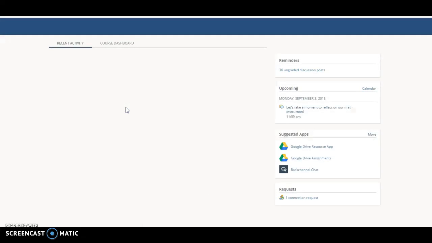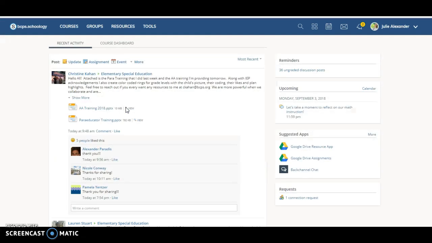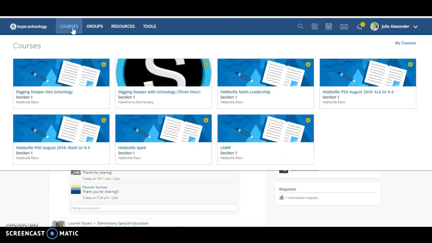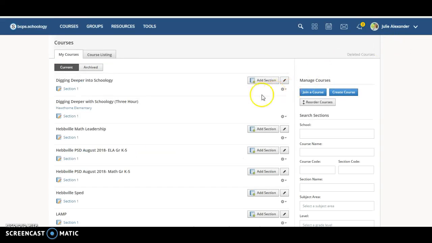It's going to take you to Schoology, and you'll notice up here I have my courses and groups. So we're going to be focusing on courses right now. You're going to click on courses, and you're going to scroll over here to My Courses. Now, homeroom teachers already have some courses created for them. For example, you'll have your homeroom, ELA, math, science, social studies, and your students are already going to be linked